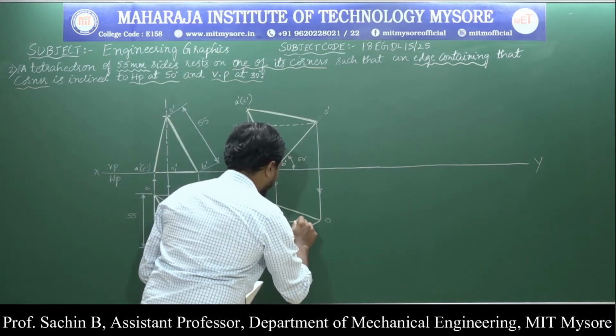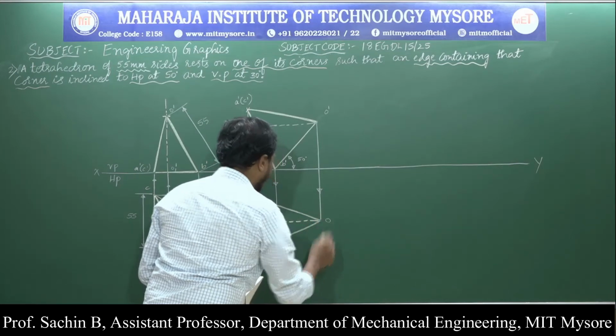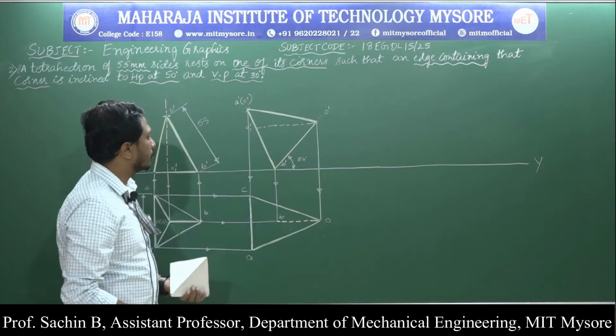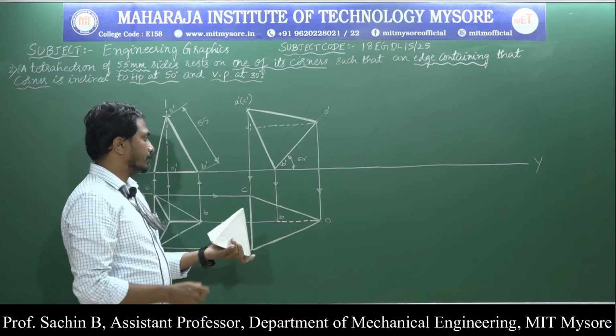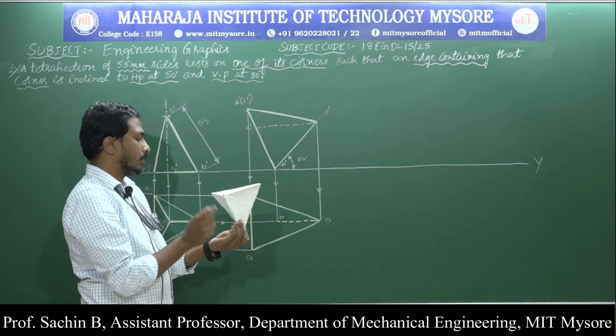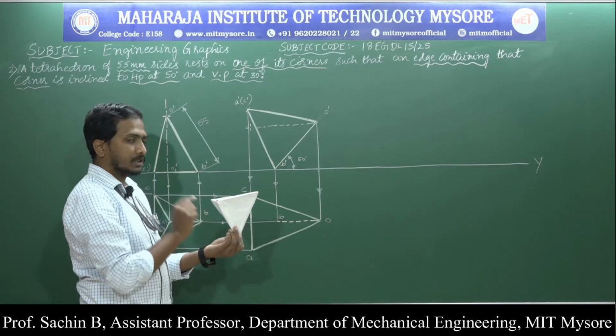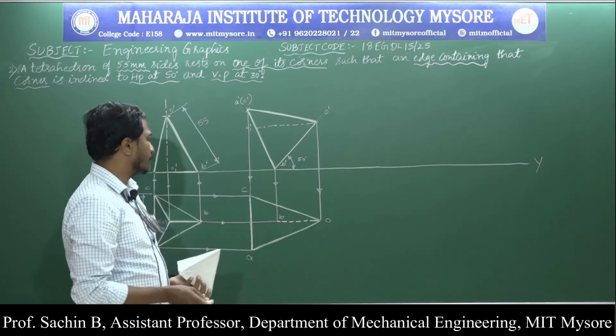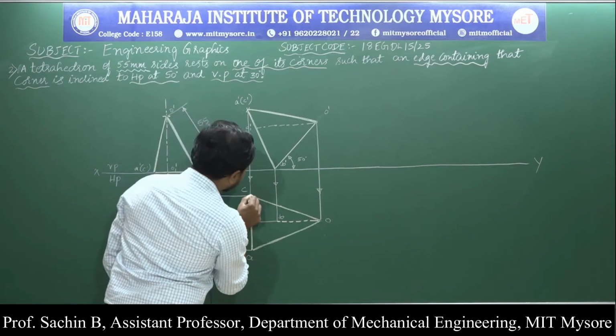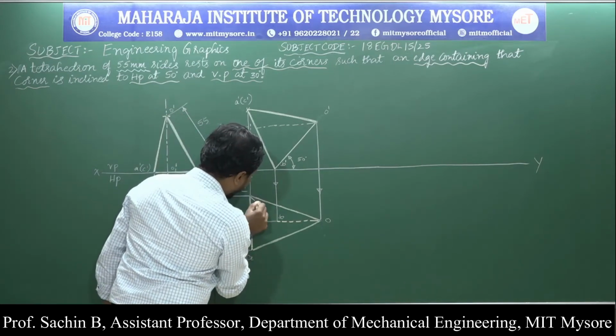I will go for drawing the thin line, hidden line. Next, one more thing is about this face, that is nothing but the resting corner and the B dash to A dash and to C dash. That face is not visible for us.